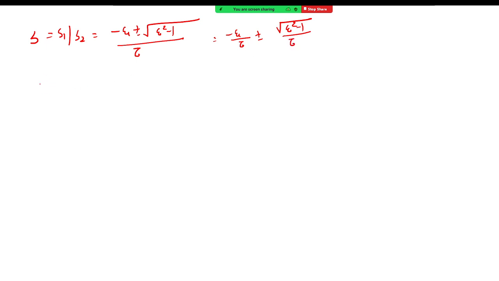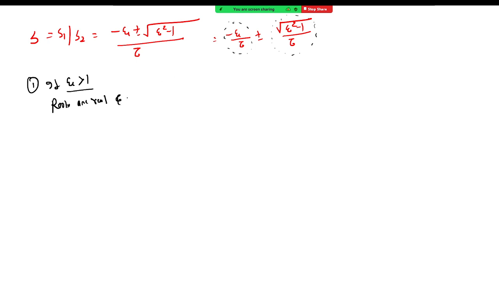Now tell me one thing: if zeta is greater than 1, what happens? Zeta square will be greater than 1, so this will be a real part. This will be real and this will be real, so the roots are real